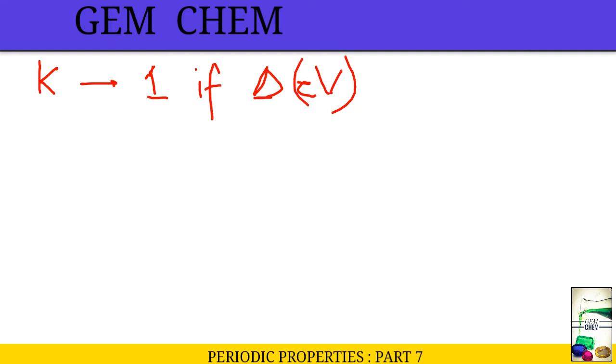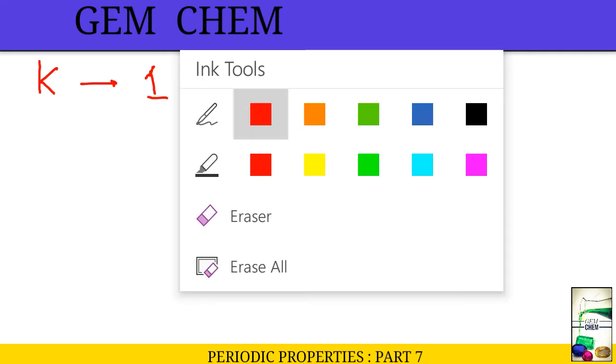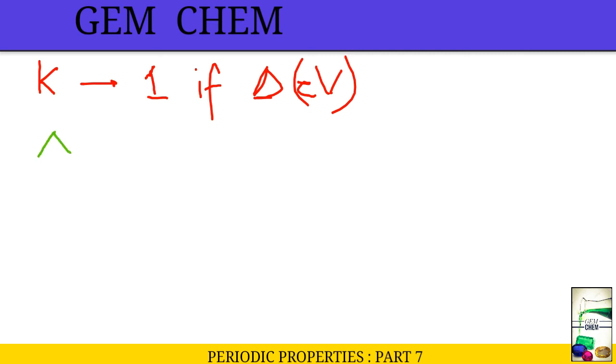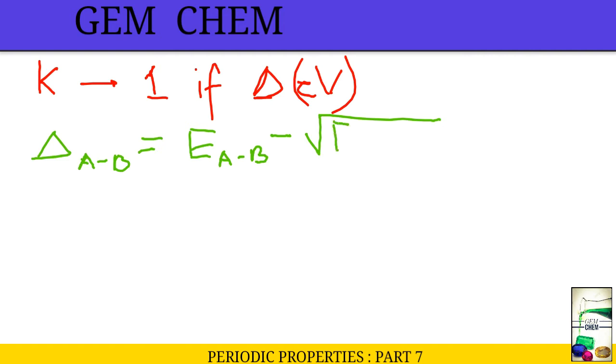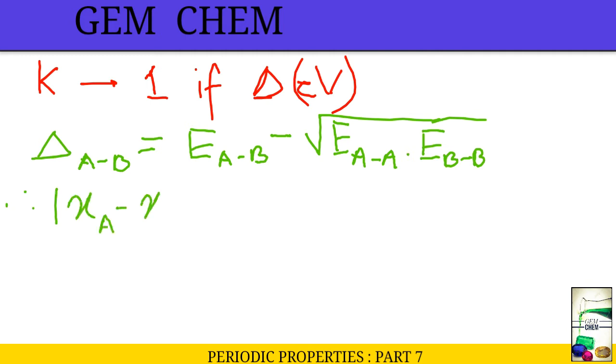Okay, and finally it can be written as delta AB equals EAB minus root over, we know for the 100% covalent the formula, and the final expression comes to be as chi A minus chi B equals K,